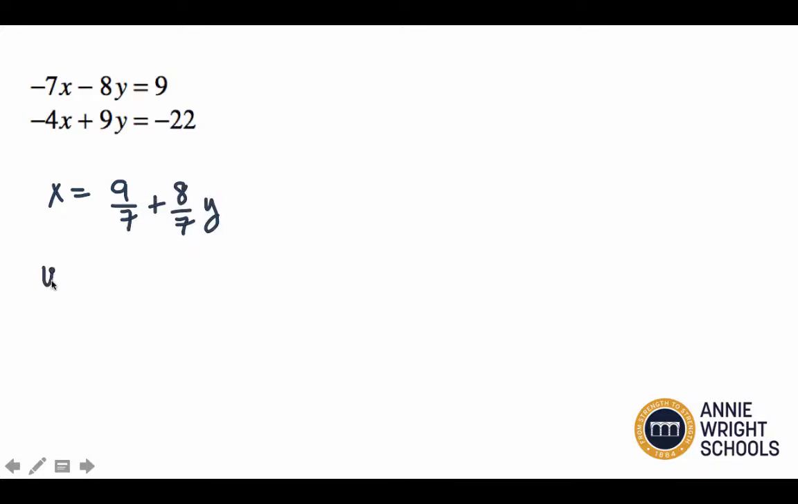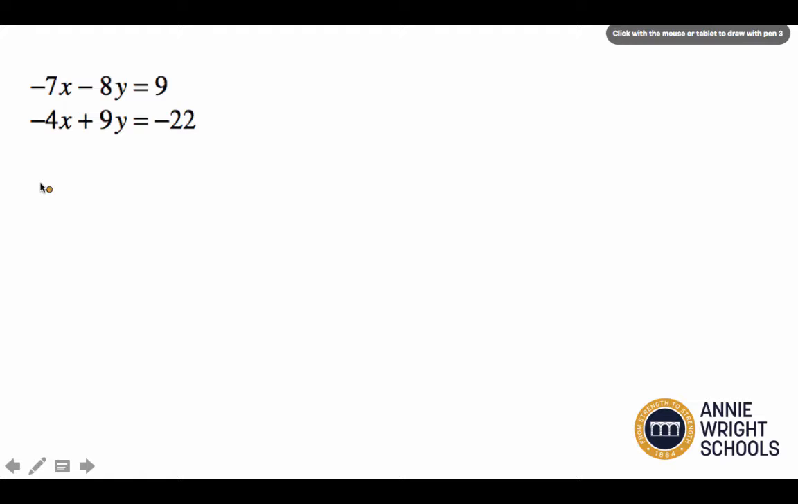Yuck. If I solve for y, I get, well, let me do this in my head. Sorry, making mistakes. I get 7/8 x minus 9/8. And those are both pretty gross. So if I had tried a different one, maybe the second equation, and solved for y, I would have gotten